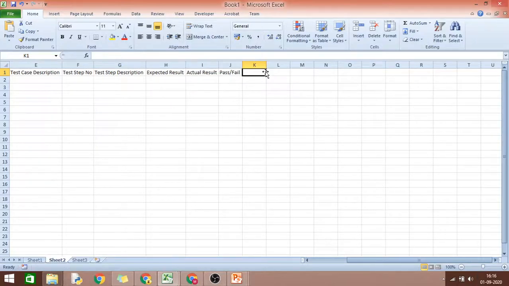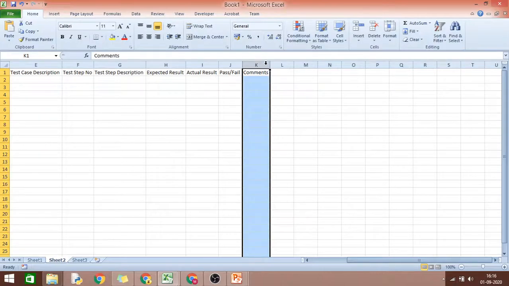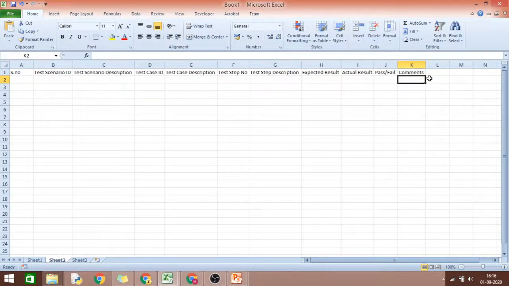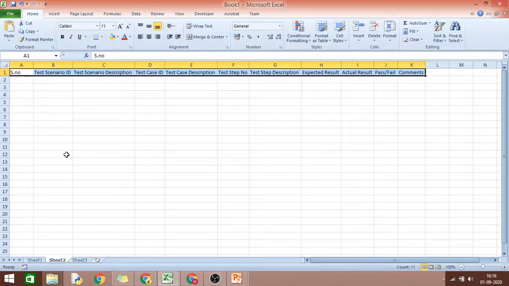Then you have the comments, if any. These comments could have a developer's comment or a tester's comment, or the defect ID, or even the client's review comment. Whatever it is, you can have anything for that matter. So these are the columns which are expected to be present in your test case document.